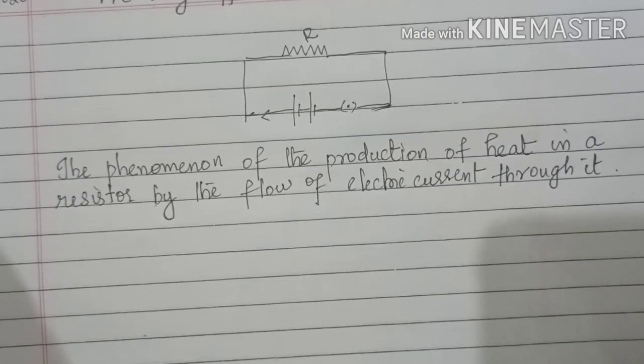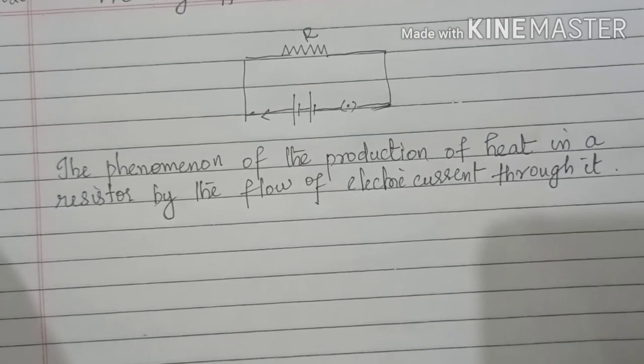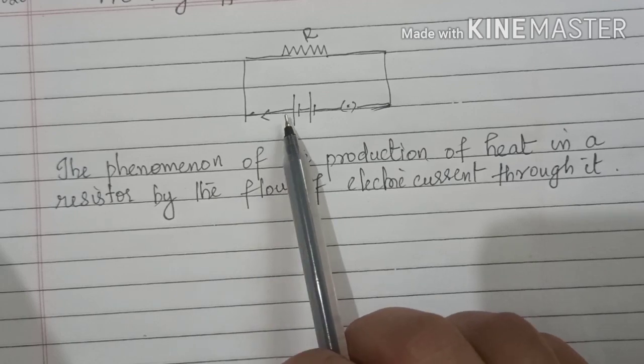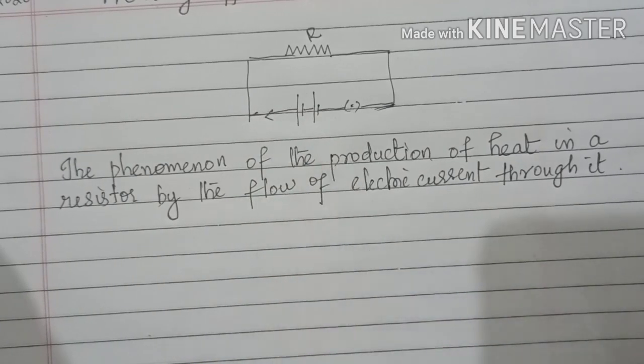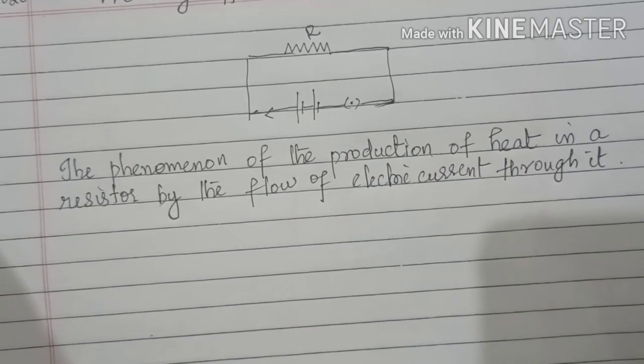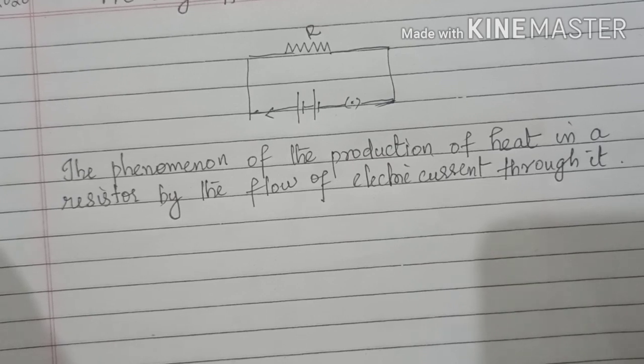Because when the potential difference is applied, current is produced. Current is because of the flow of electrons. Electrons are moving from negative terminal to positive terminal. You are applying current in the direction of positive to negative. Okay. So, here the speed of the electrons does not increase beyond a constant speed.